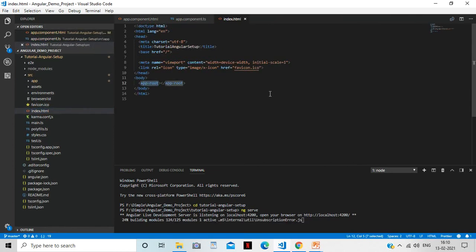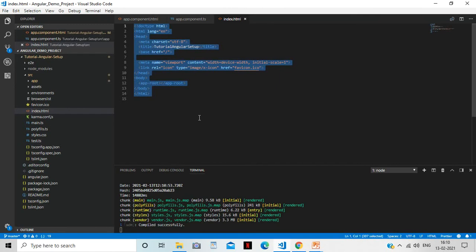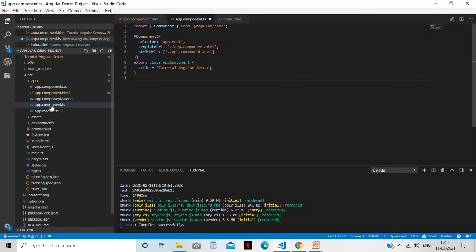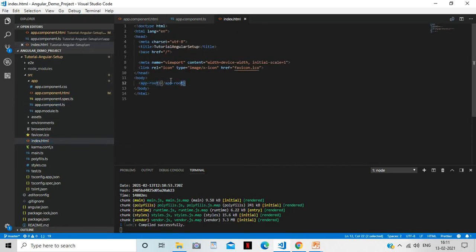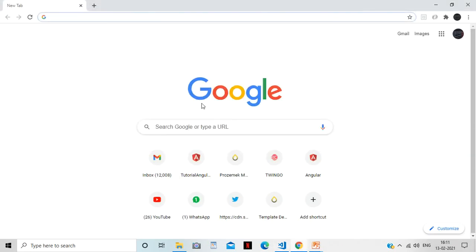That is the index.html file. You can see our app component is defined here, and this value comes from the selector. This is the name through which we can uniquely identify any component. In this way you can include your component inside the HTML file. Now if I go to localhost 4200, you can see Welcome to my channel is coming.